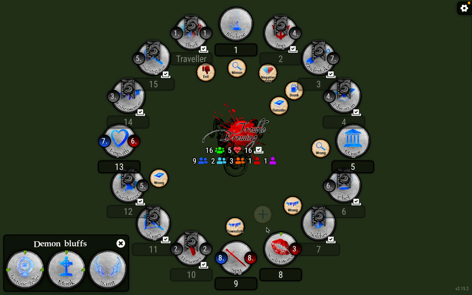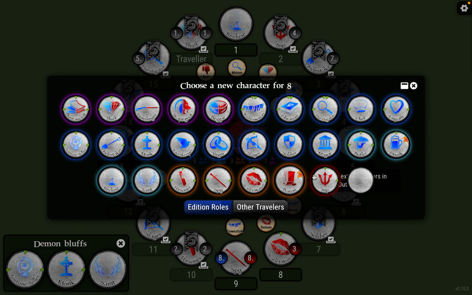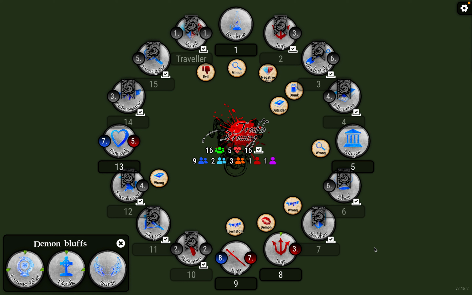So the Scarlet Woman is now the demon, because the demon has died. So they would get this, and I would replace their token with the Imp. I'm going to say that the town is... So this is the night phase. We're going to say that the town woke up, and they've decided to go to sleep for some reason at